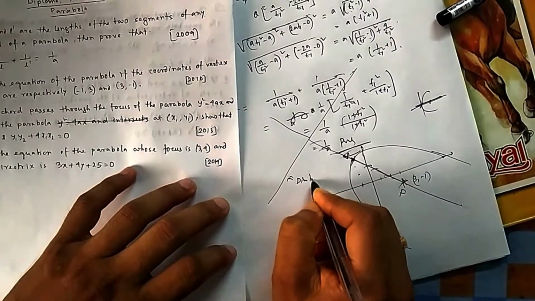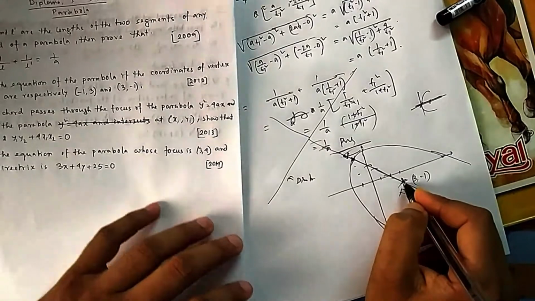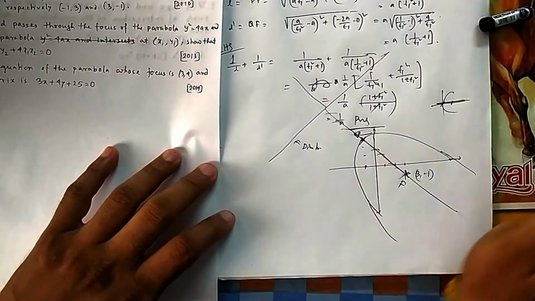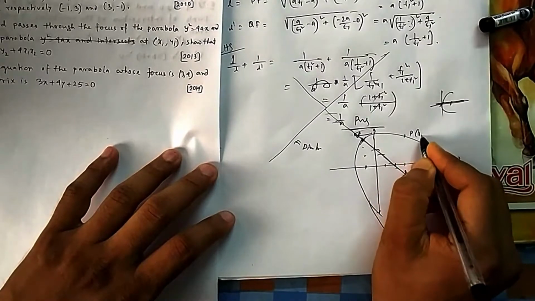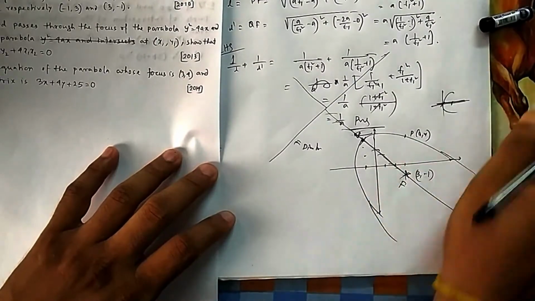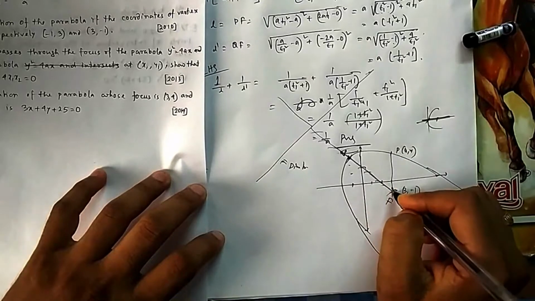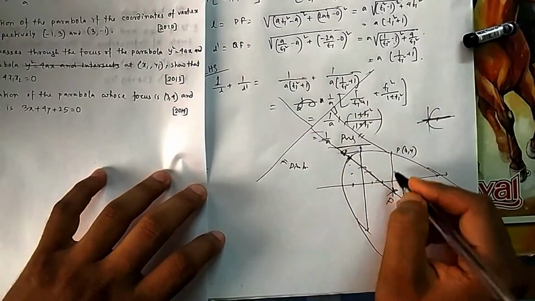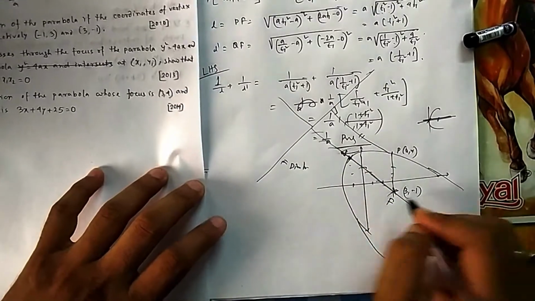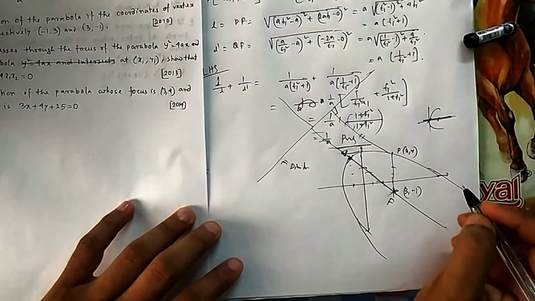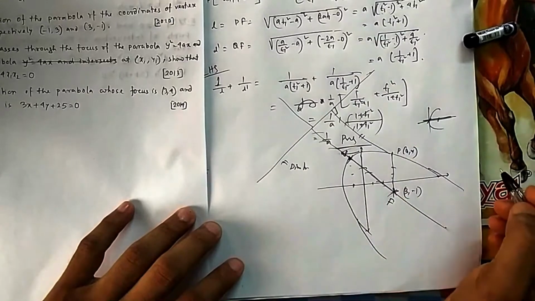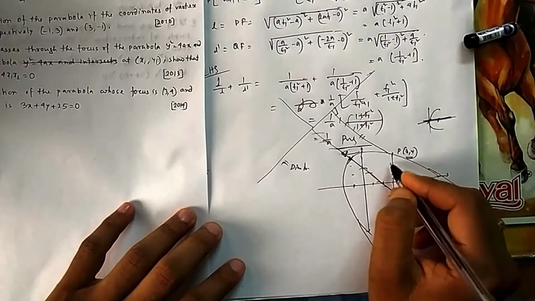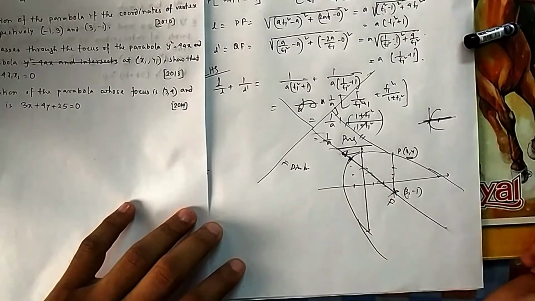Once you know the directrix and a point, the focus, then you can find the parabola equation, just as we derived the equation of the parabola. We take any point x, y, and the condition to make it a parabola is that this length and this length will be equal. The perpendicular distance from the directrix and the distance up to the focus should be equal. So you need to find the equation of the directrix. Once you know the equation, you can find this distance in terms of x and y. This distance you can anytime find because it is given.